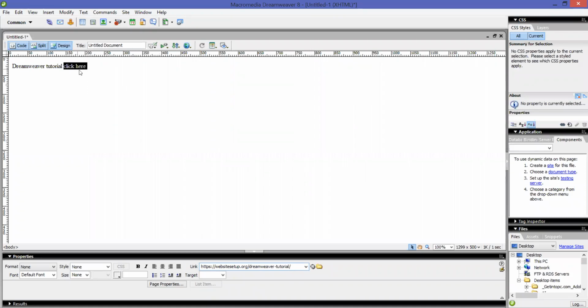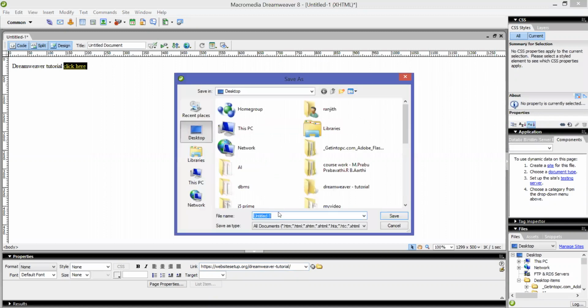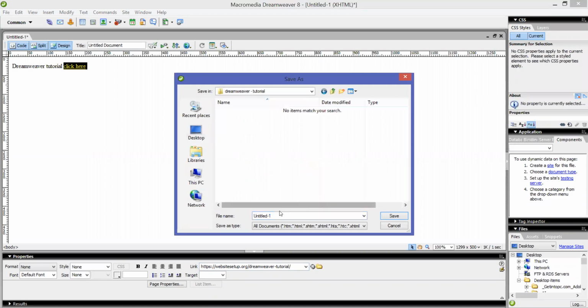Now once you click this, you can see the tutorial part. After this, this is what is called a preview or debug in the browser. I can click any of the browsers to see the changes. Now I'll save this. On the desktop, I've created a Dreamweaver tutorial folder. Inside this folder, let me save this as project 1.